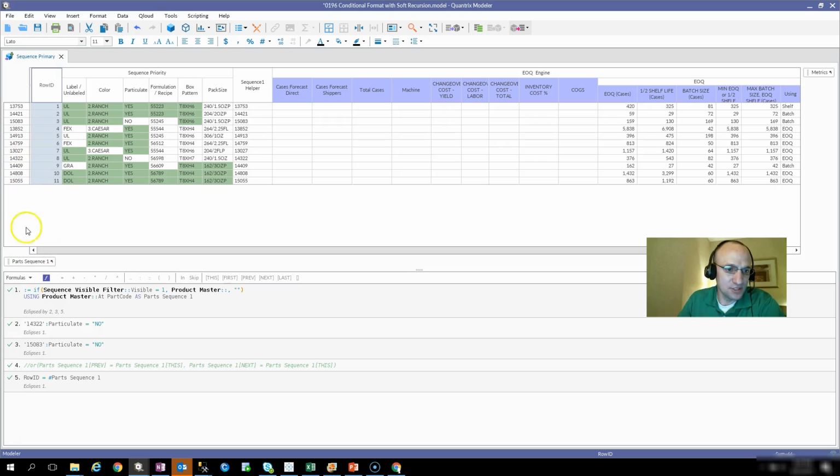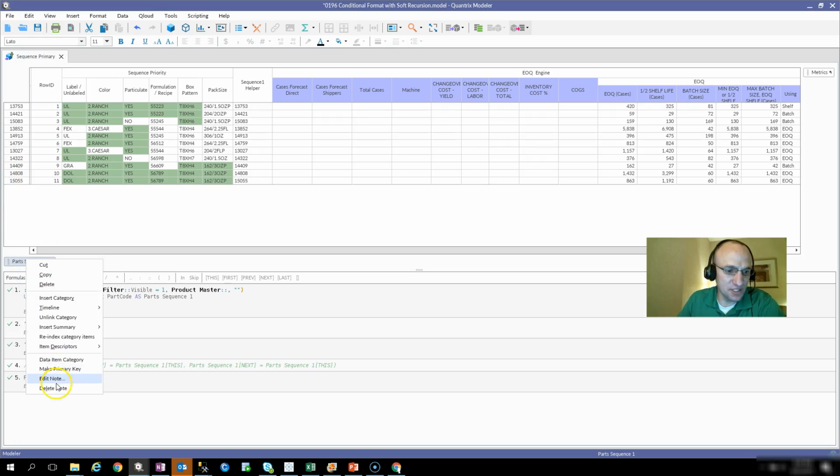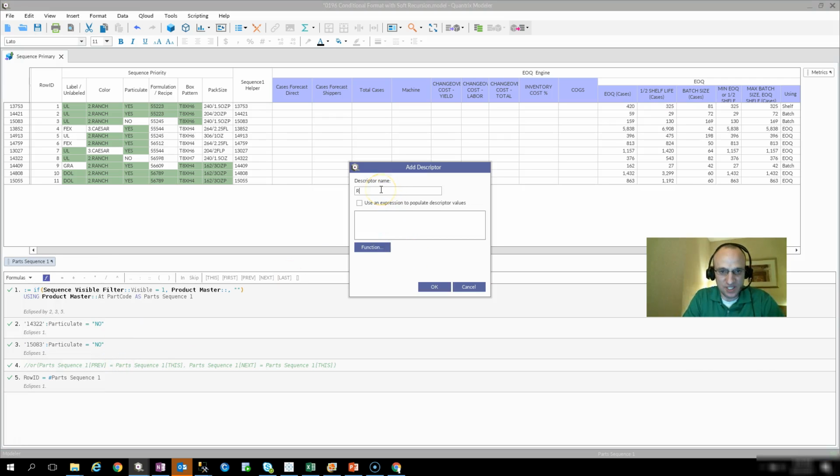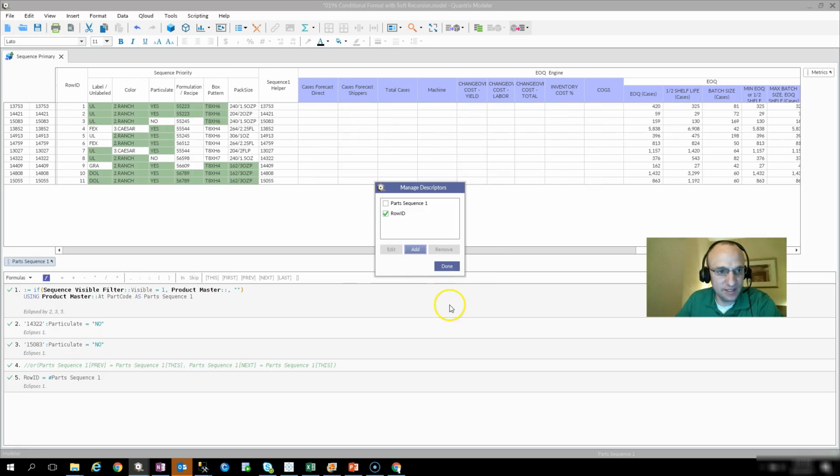and that is a descriptor. So what I would do is I would simply right-click on part sequence. I would click on descriptor, manage descriptors, and I would go ahead and click new, and I would say row ID. And I'm going to use an expression, and I would call out the matrix that it's in, because this descriptor could be across lots of different matrices. I need to specify when I'm writing the expression what sequence or what matrix it's in. So I'm going to say sequence primary, and I'm going to call it parts sequence 1. And when I do that, bam,